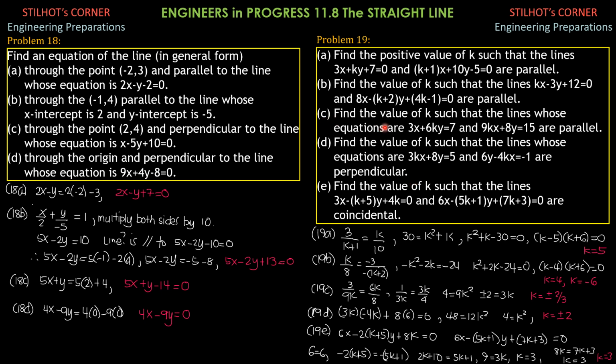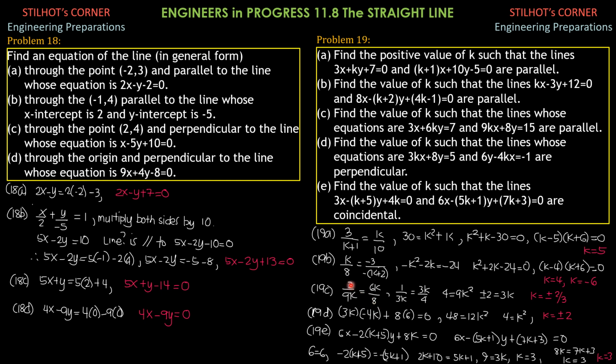For 19c, find the value of k such that the lines whose equations are 3x plus 6ky equals 7 and 9kx plus 8y equals 15 are parallel. Again, we use the condition ratio of corresponding coefficients equal. So 3 over 9k equals 6k over 8. So cross multiply, or